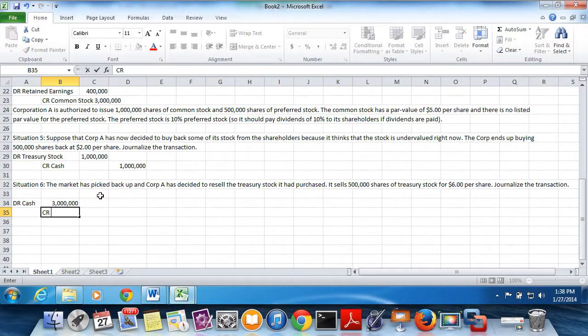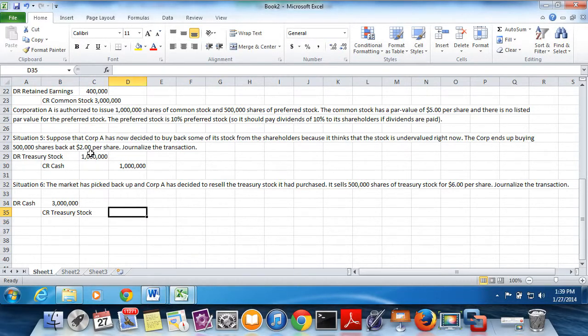And then we'll come down here, and instead of par value now, the initial entry that we're going to show for treasury stock is what we paid for it. So this $2 per share back here becomes kind of the new par value for the treasury stock. Okay, so we have a credit to treasury stock